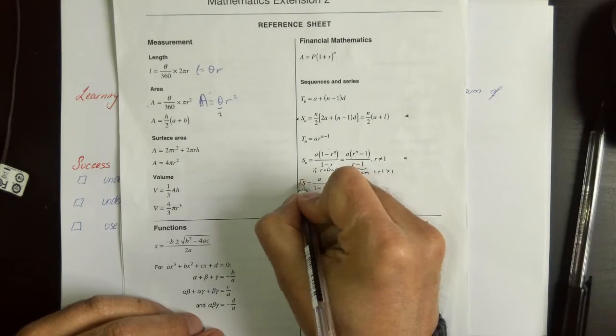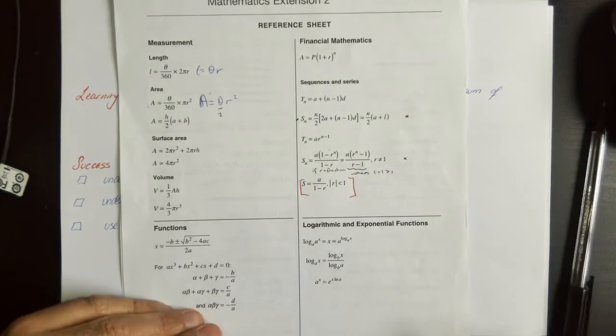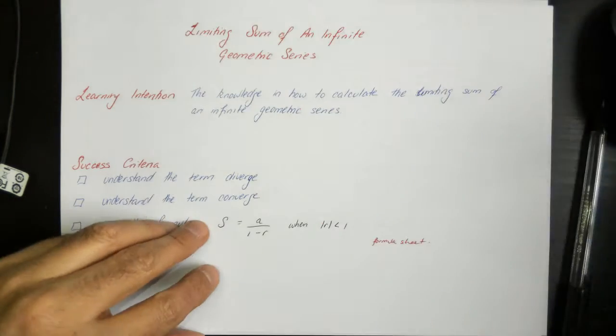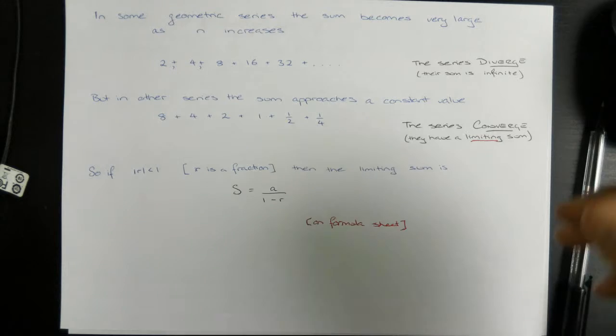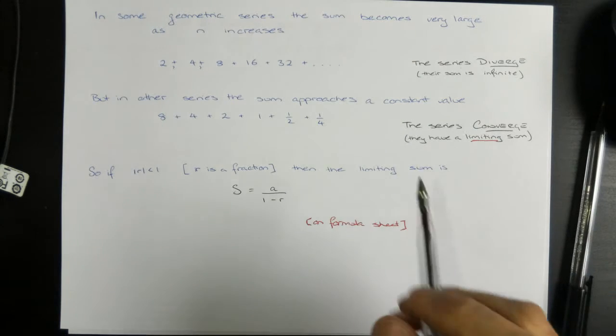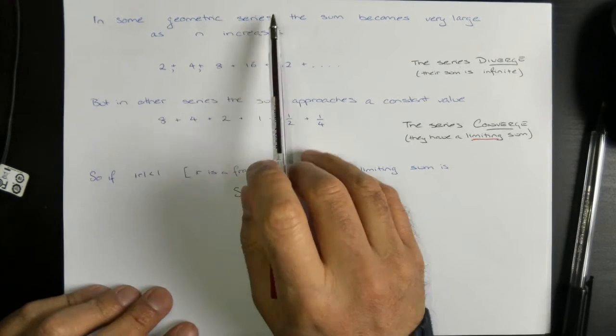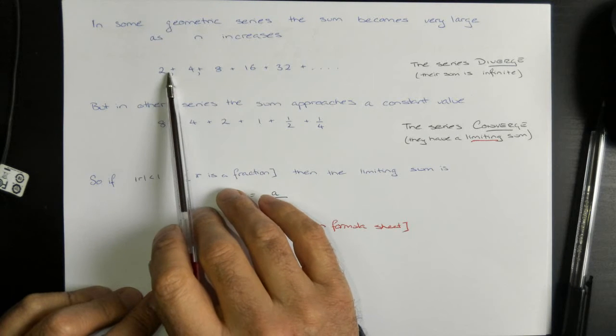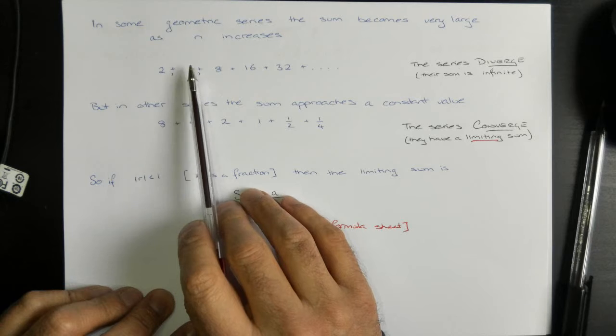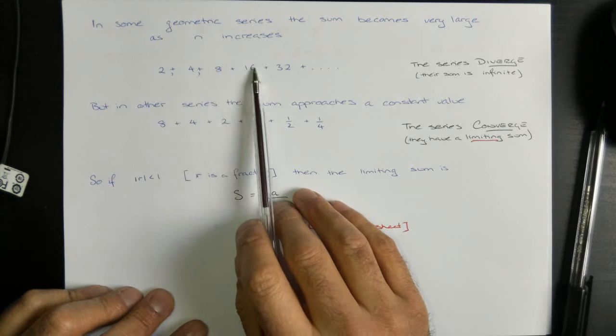This one. Okay. So when we have some geometric series, the sum becomes very large as n increases. Here I have a series where I'm doubling the number. So 2 times 2 is 4, 4 times 2 is 8, 8 times 2 is 16, 16 times 2 is